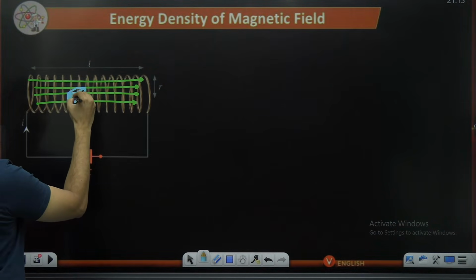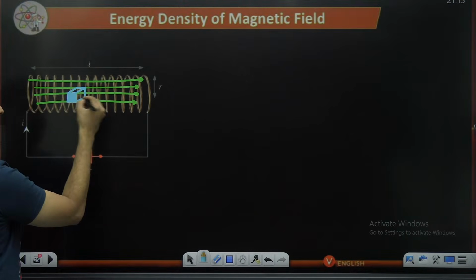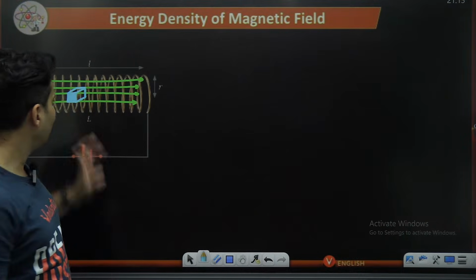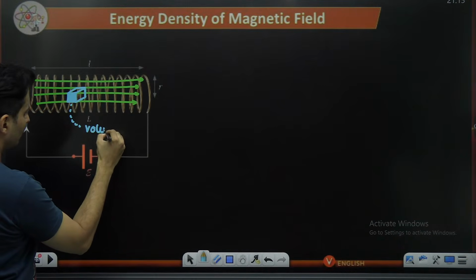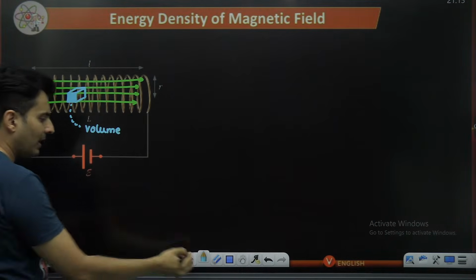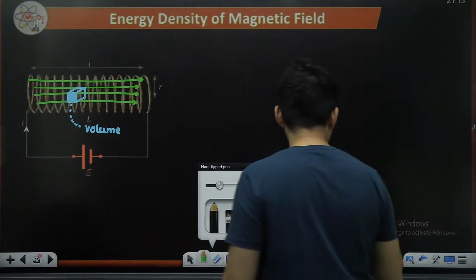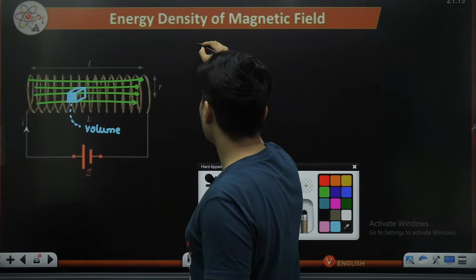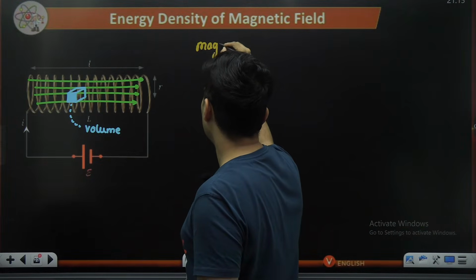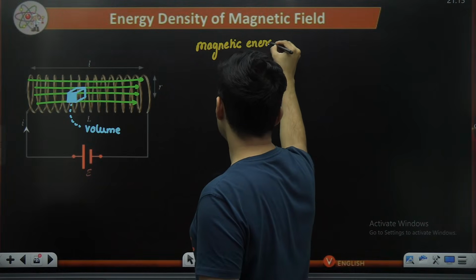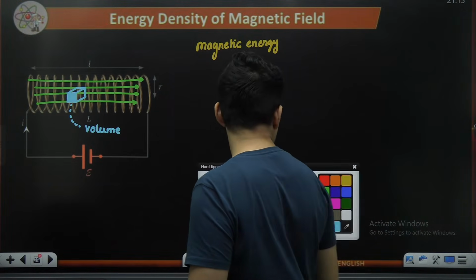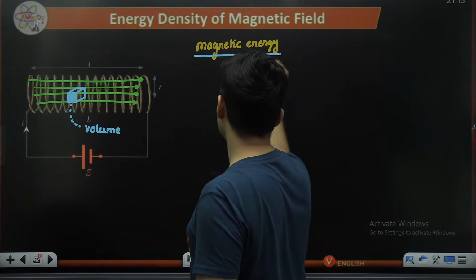I need not take a cube only, it could be anything else. If I take a small volume, there will be some energy stored in it. So, whatever magnetic energy is stored per unit volume,